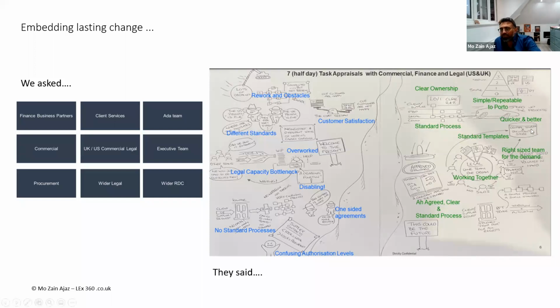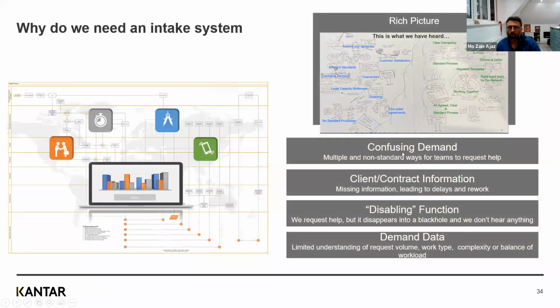So everything on the left-hand side was what we got from our stakeholder feedback, and everything on the right-hand side is what we wanted to go and build for the future, and that's what we ended up doing. So the next slide is the team that we got to, and then, sorry, this is what came back as the things that we need to work on.